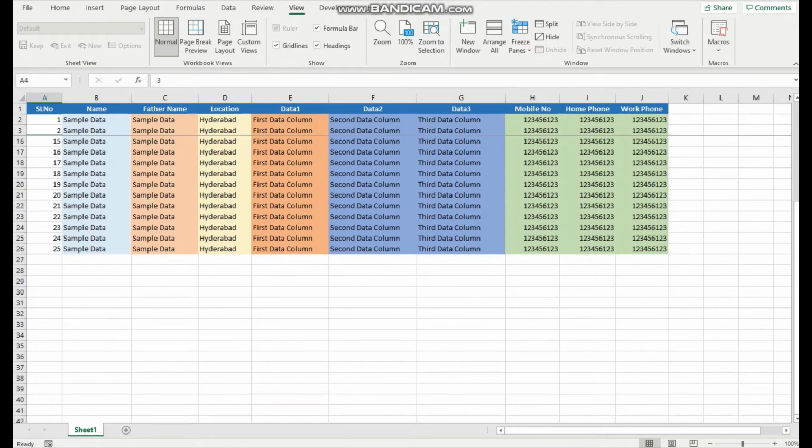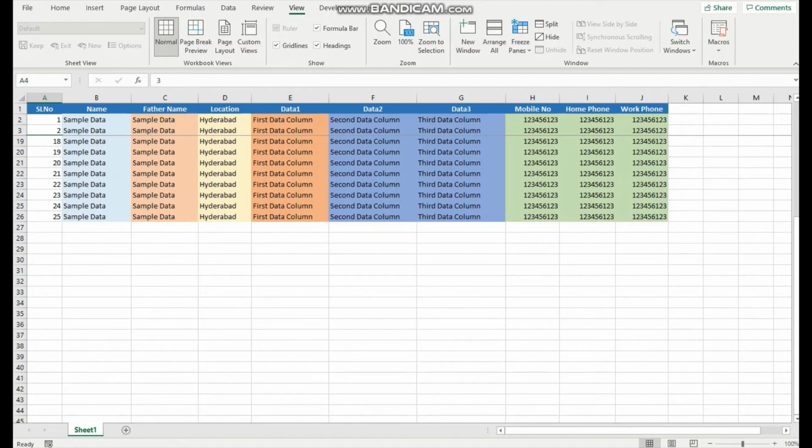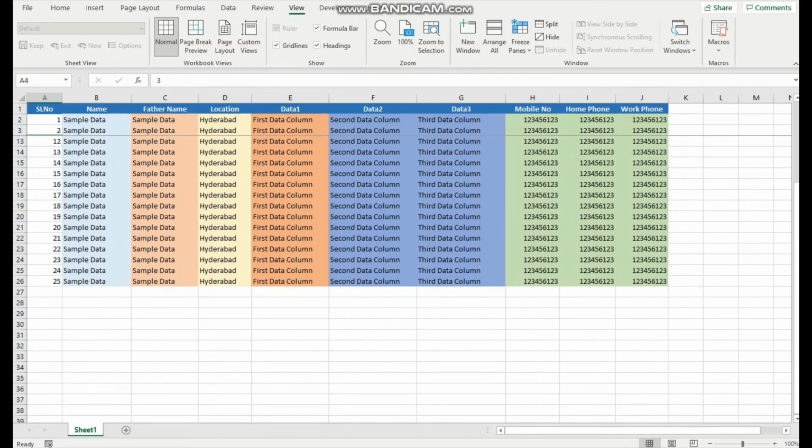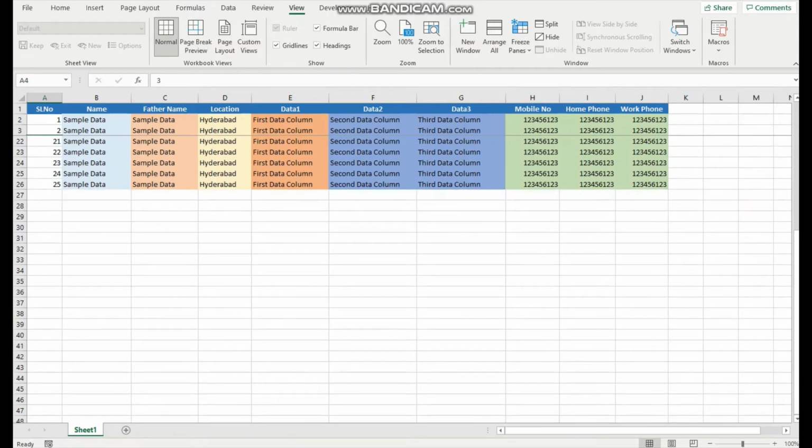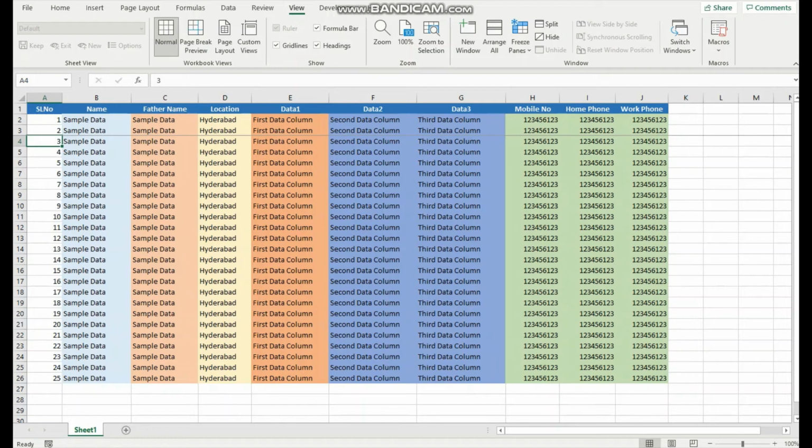Serial number, first row, second row is not changing. Only the rows below are moving up or down. In this way you can freeze the top three rows.